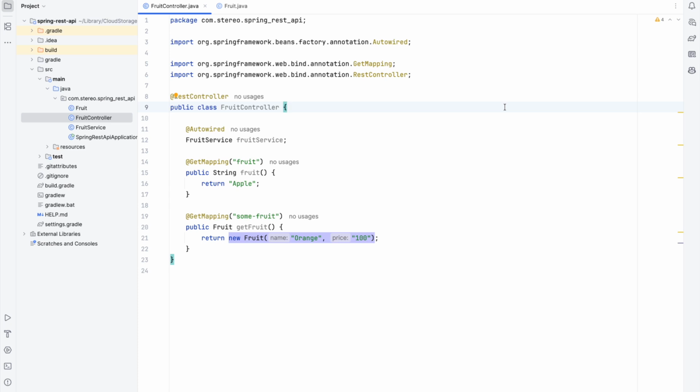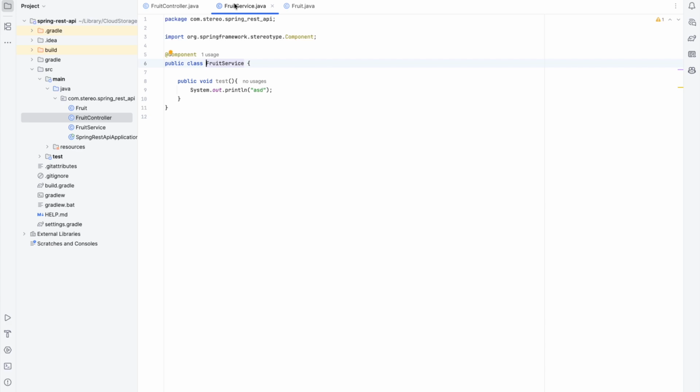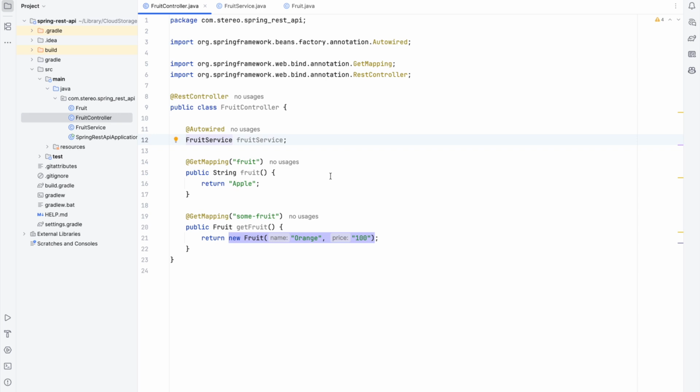Then our third command is, if you want to navigate to the implementation of a particular class, right, then let's say we are having a fruit service. If you want to navigate to this fruit service where it is, then you can just do in Mac Command Option and B, okay. And if you see, we came to the fruit service. So in Mac it is Command Option and B. In Windows, the corresponding command is Control Alt plus B, okay. So Control Alt. In Mac it is Command Option, okay.